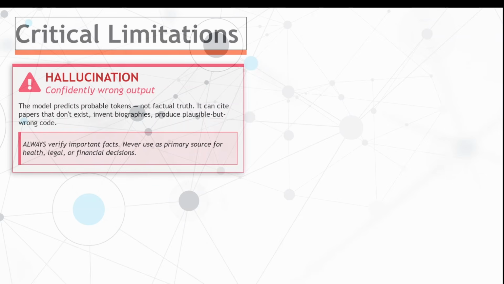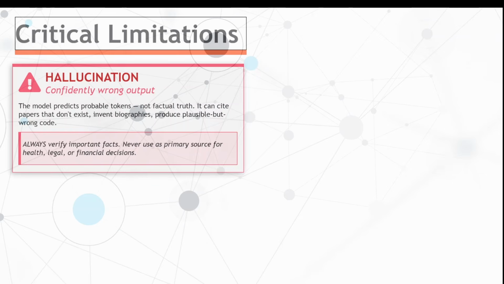So when you ask GPT a question, it never says that it doesn't know. However, it generates something definitive and it's false. It might cite a research paper that does not exist, or give you wrong dates for historical events, or maybe write code that looks right but has subtle bugs in it.